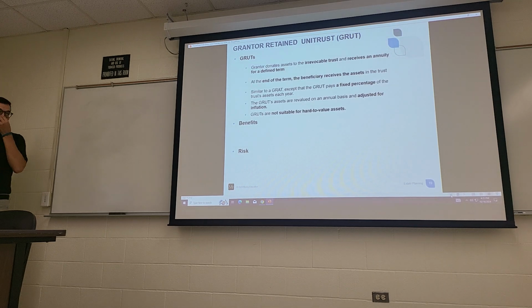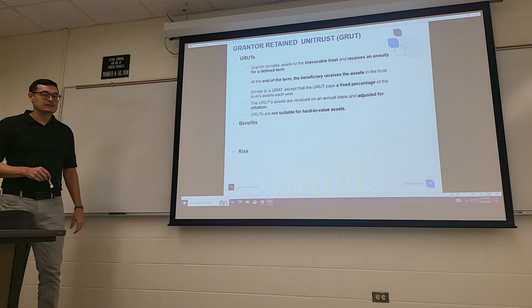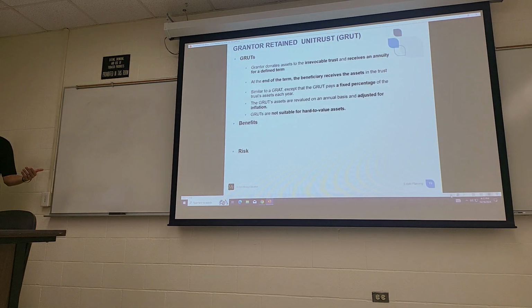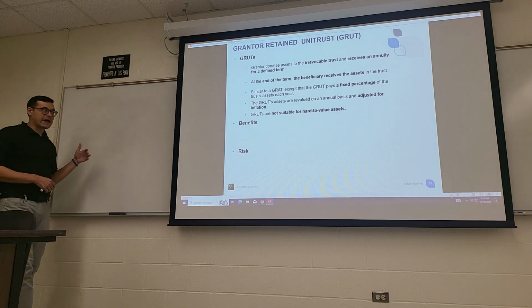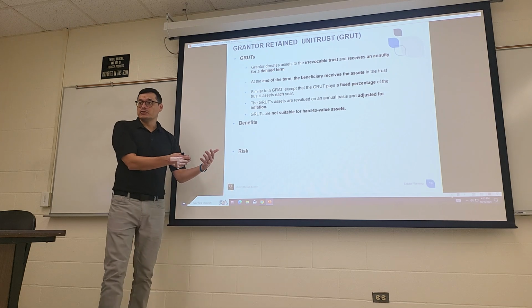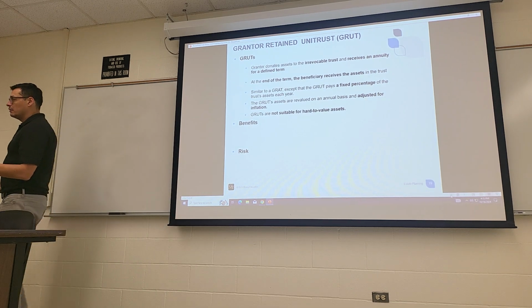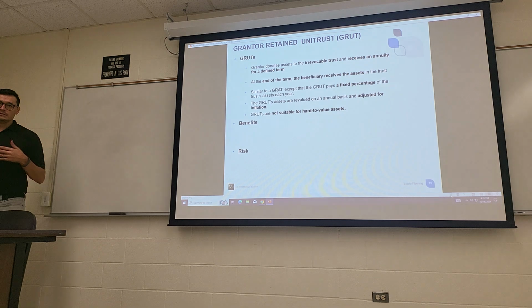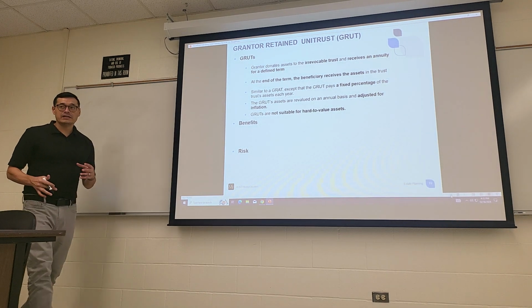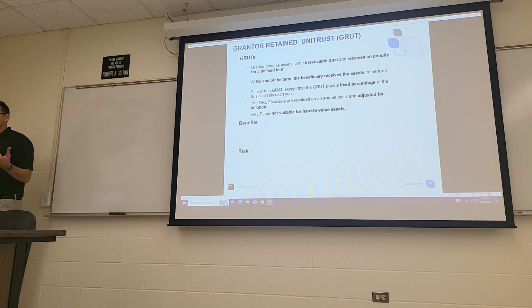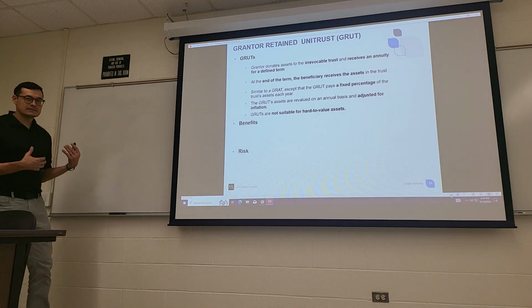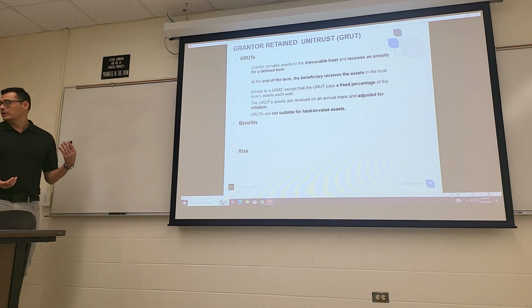So this is the one that's not really the best, because it has more restrictions to it. This is very similar to the GRAT, the annuity. Same thing happens. You transfer assets to an irrevocable trust, which means you can no longer take this back. This is a done deal. You receive an annuity for a defined term, 5 years, 7 years, whatever you figure out. Again, at the end, the beneficiary receives the assets, which is what the whole purpose of this was about.